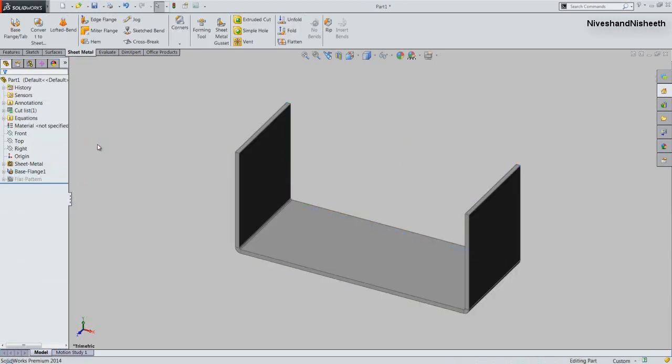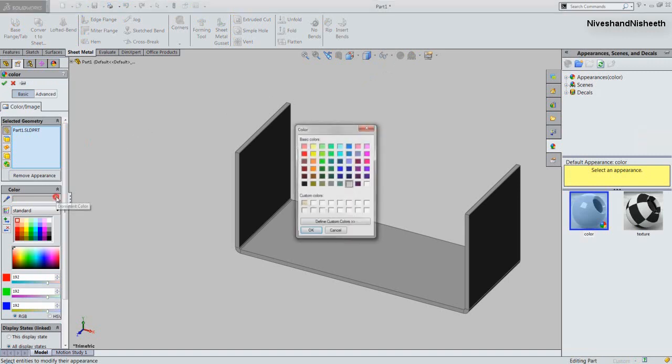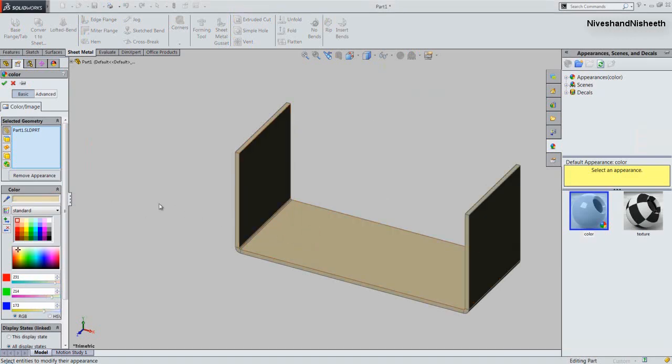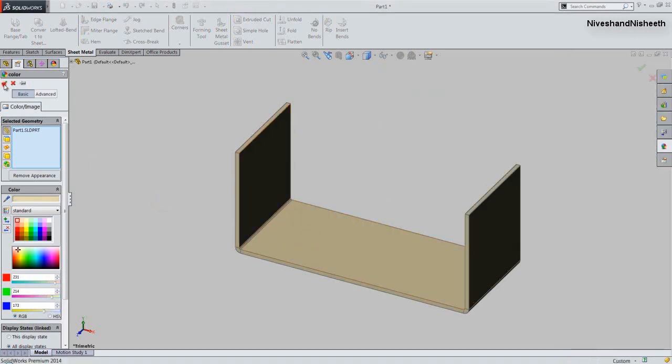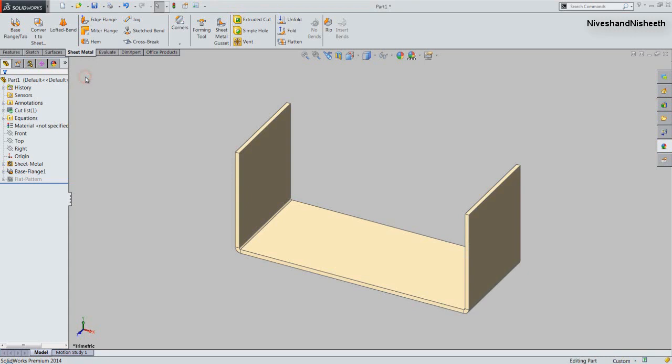Now see, my base flange feature is created here. Now we will change the color of the sheet metal cover like this. It looks great.